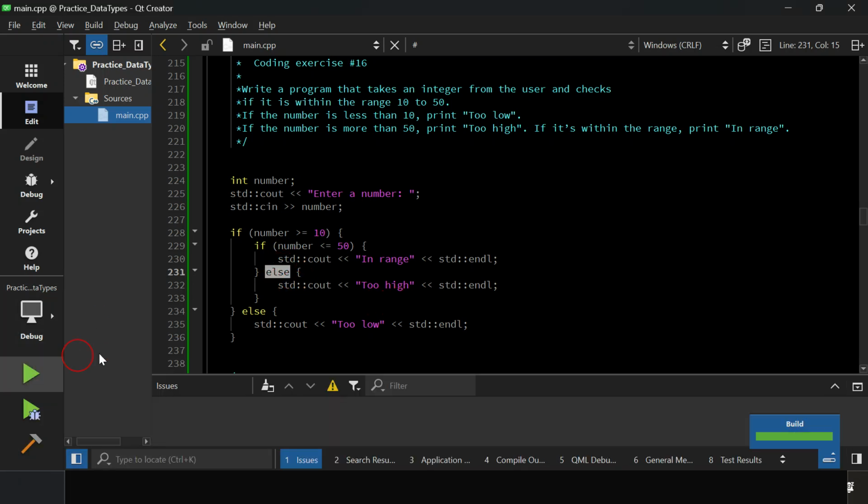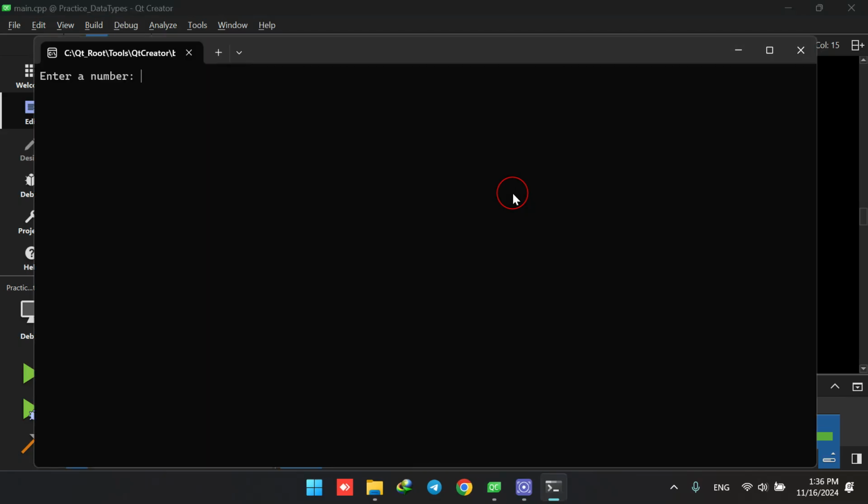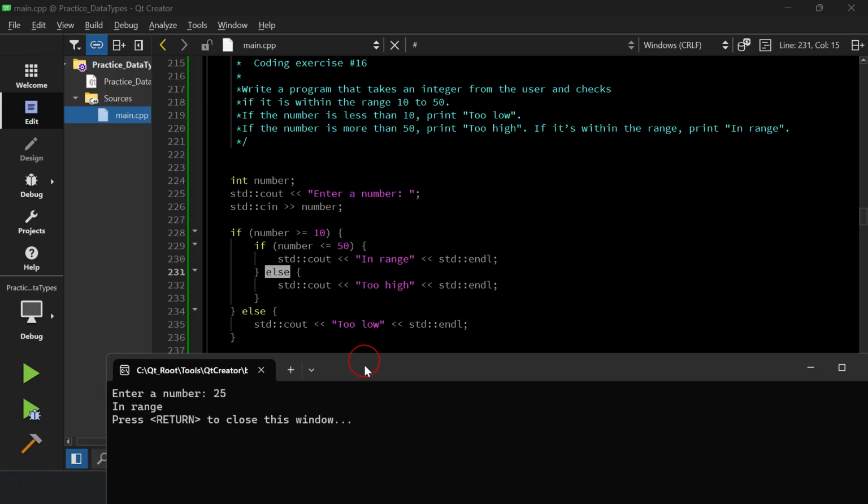And if I choose a number within the range of 10 and 50, like say 25, it says it is "in range". So here it checks, okay, it's greater than 10, it's lower than 50, so it prints us the "in range"